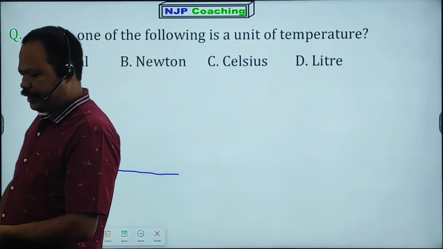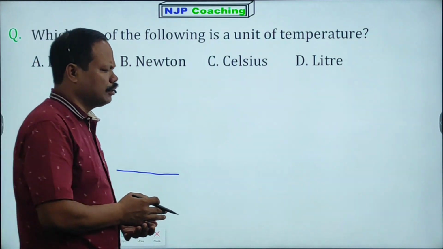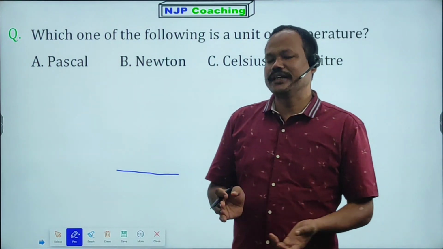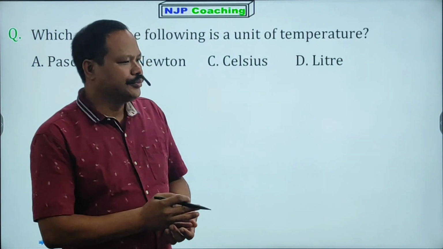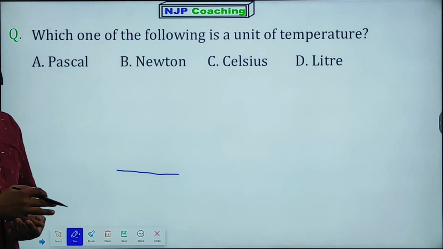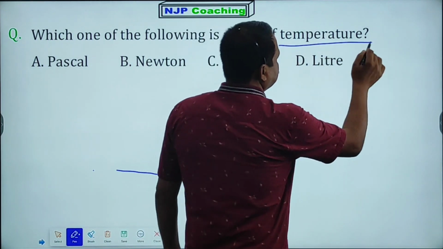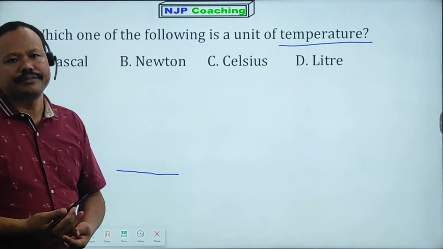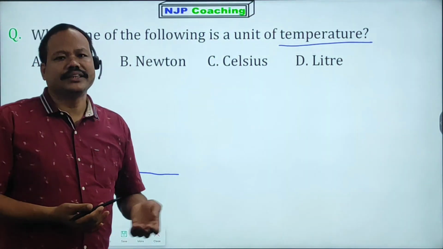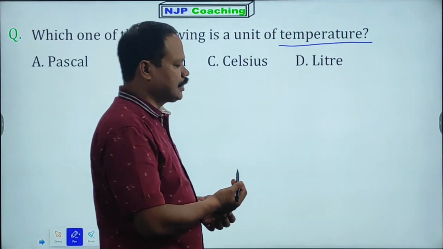If we take some physical quantities, do you know what are physical quantities? Quantities that are measurable are known as physical quantities. Length, mass, time, these are basic physical quantities. Like temperature, it is also a physical quantity. We can measure temperature. So there are several units for measuring temperature. If it is asked to give the SI unit of temperature, that is Kelvin.